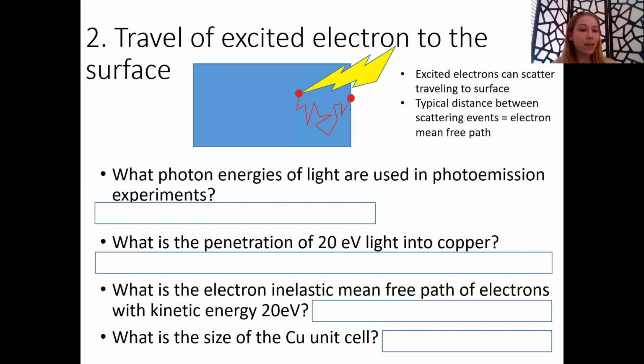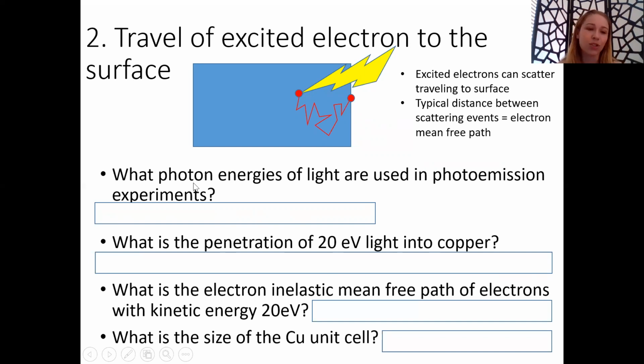All right. So the next step of the photoemission process is the travel of the excited electron to the surface of the material. Basically, the light has some penetration depth into the material. Oh, that's what I'll be uncovering. Sorry, these slides were originally from a class where there was a little more participation, so let me just uncover